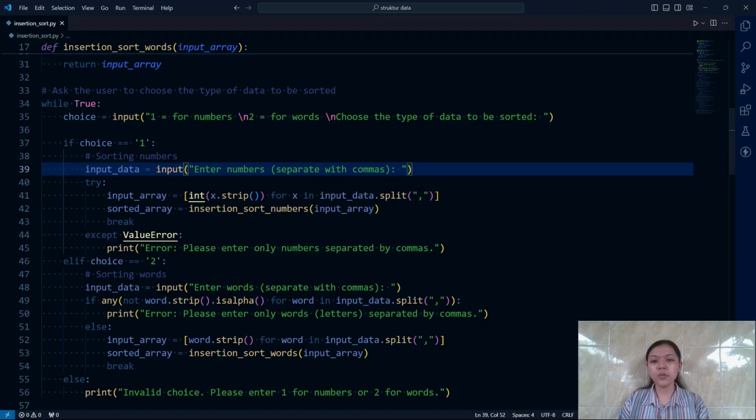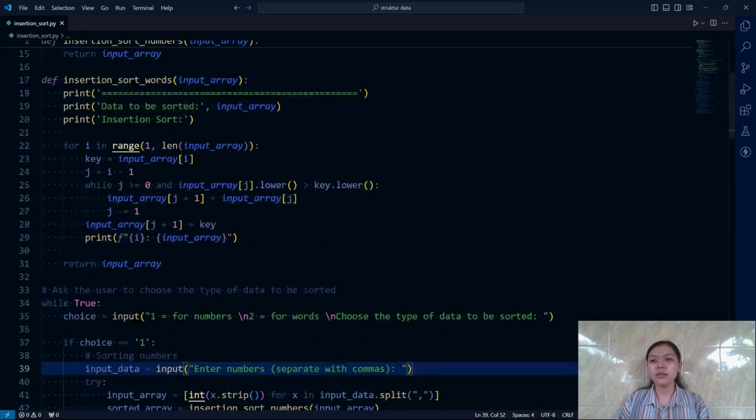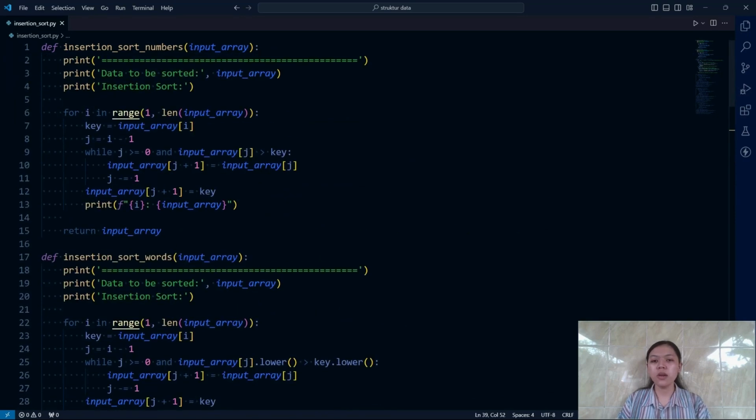Okay, now I will demonstrate the implementation of insertion sort using Python. In this code, we have a function definition for sorting numbers and words. For number sorting, this function implements insertion sort for numerical data.